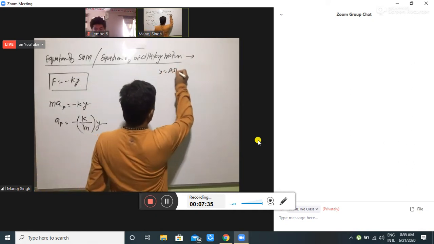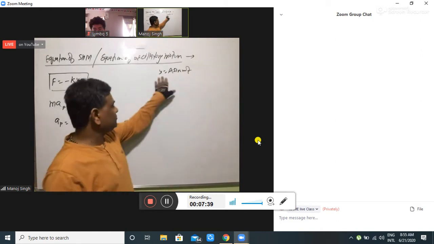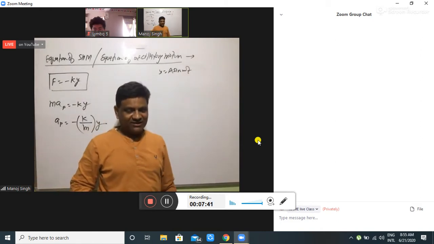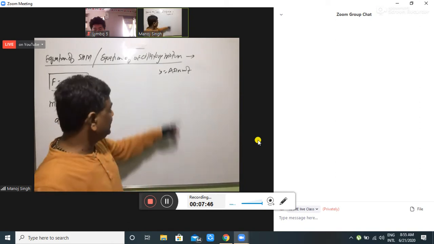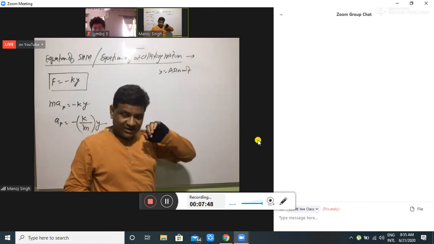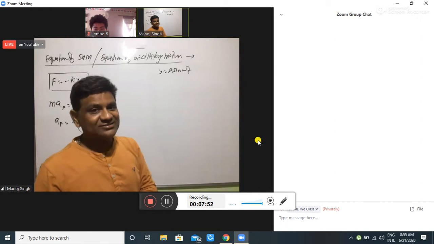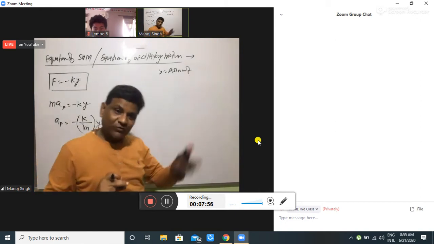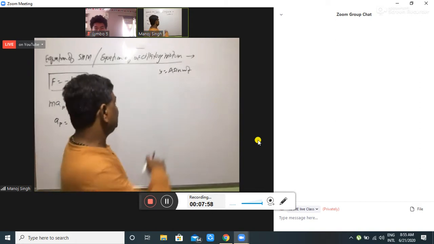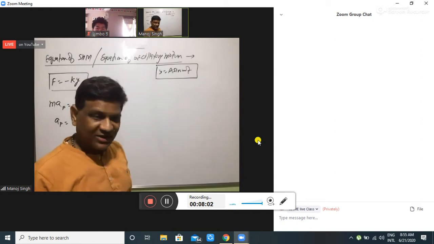In class 11th, you study this equation: Y is equal to A sine of omega t. It must be clear in class. We have to prove the same relation in today's lecture before starting the equation of progressive wave. So y is equal to A sine of omega t is the equation of SHM. We will prove it in class, but before this we are taking that equation on the board because we require some more concepts here. So y is equal to A sine of omega t. This is the equation of SHM.